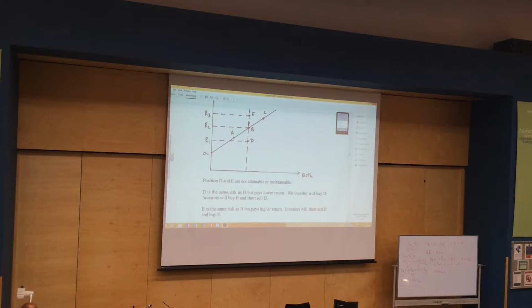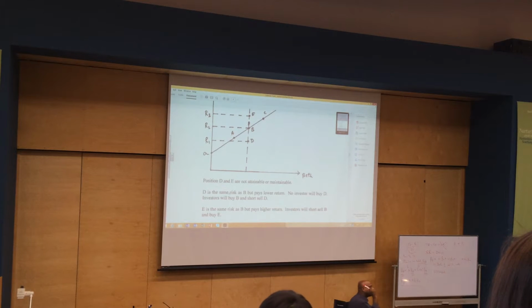C's price will go up because too many people want it. If there's a long line for milk for no reason, the price of milk will rise. And arbitrage will make sure C comes down and D goes up, and they will both end up in A. All assets in the long run have to be at equilibrium. All assets have to be on the line. When supply and demand equal each other, all assets have to be on this line. They can fall off for a minute or two, for a short duration.